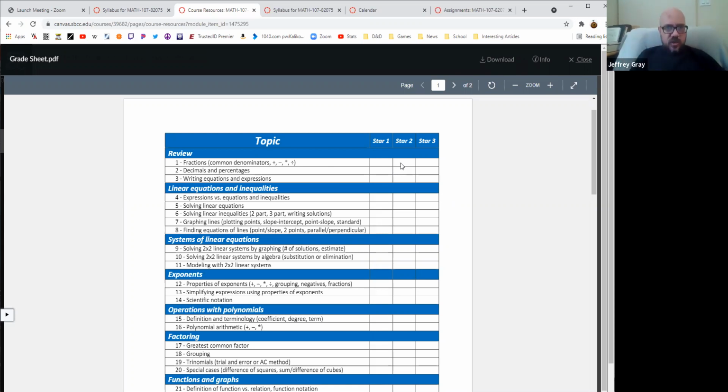The way the tests are organized is there is 1 question for each topic. So on the first test, the first question is going to be fractions. It's going to be the first page. It's just going to say fractions, do these problems. It'll be like add some fractions together, multiply some fractions, divide, maybe cancel or simplify. If you do all of those things correctly, you get a star. And that's how you get stars. You answer questions right on a test, or you do the homework. The homework is going to be the easy one.